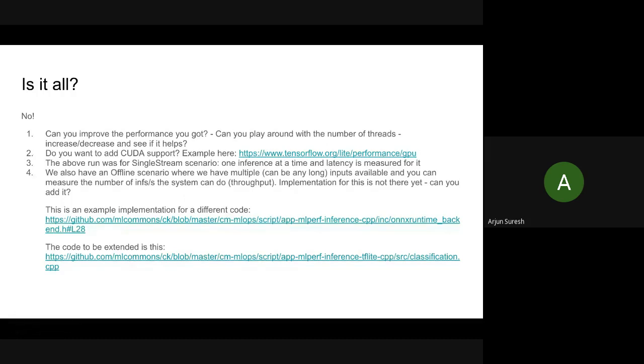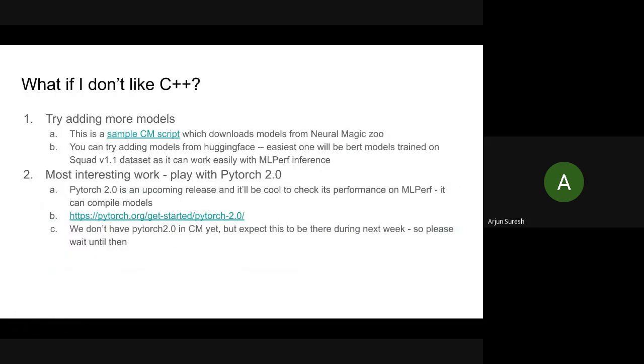Okay, so now we can talk about the assignments for those who don't like C++. Those are the Python people. So one task which you can do is this: there are thousands of models out there, and we can add